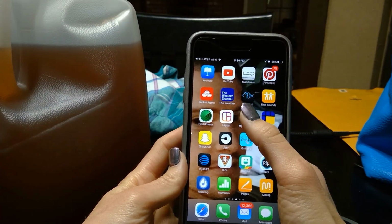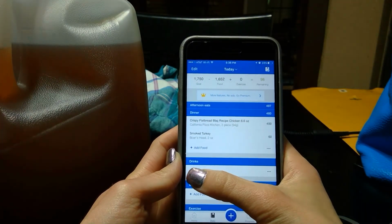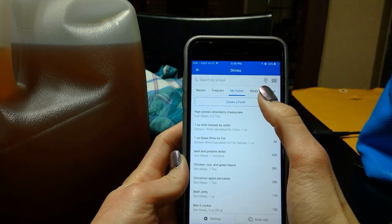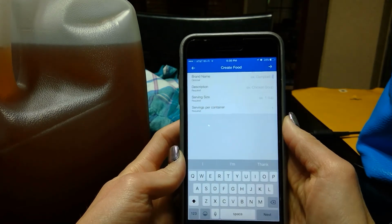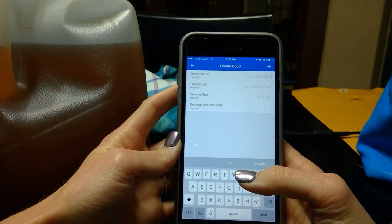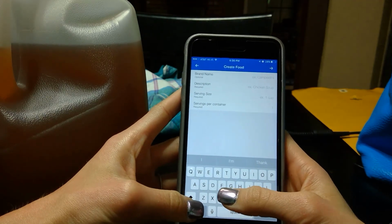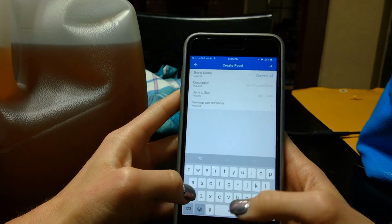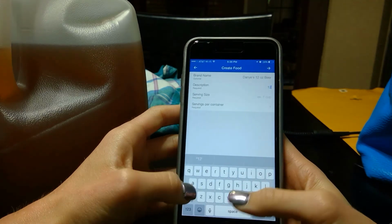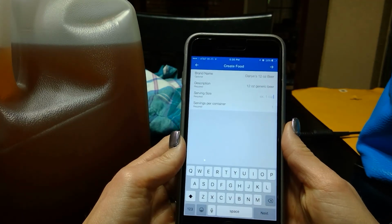Hey everyone, jumping into the MyFitnessPal app, we are going to go down to drinks. I'm going to click on add food, and I'm going to go to my foods because I don't have this input yet. I'm going to go to create a food. So we're going to create a drink today. Brand name, you're going to choose something that is going to help you remember what you've input so that you know what to search for the next time you want to go input this particular item. For me, I'm going to put Danny's 12-ounce beer, okay? And again down here, 12-ounce generic beer,